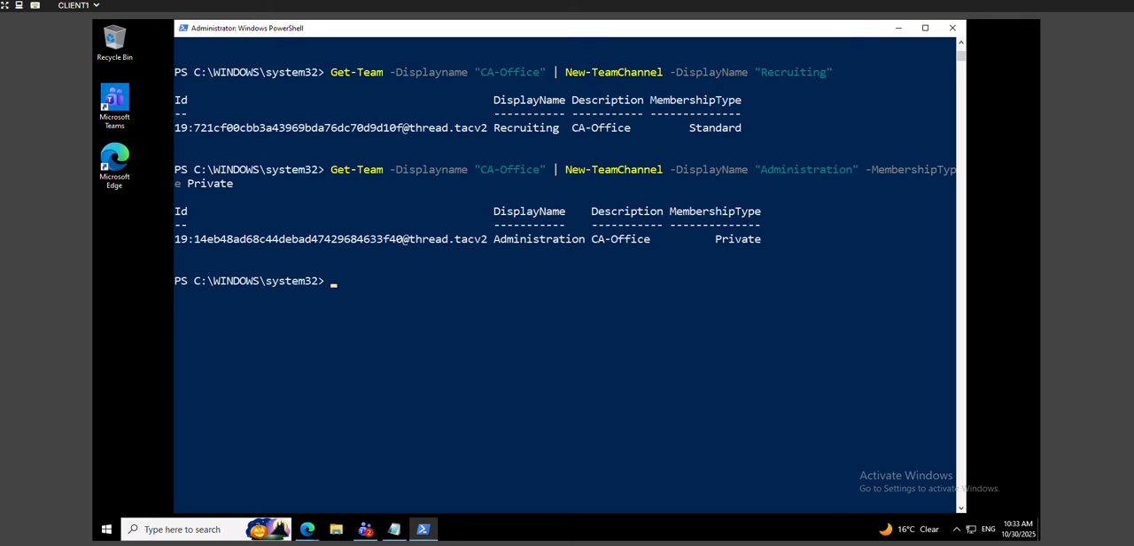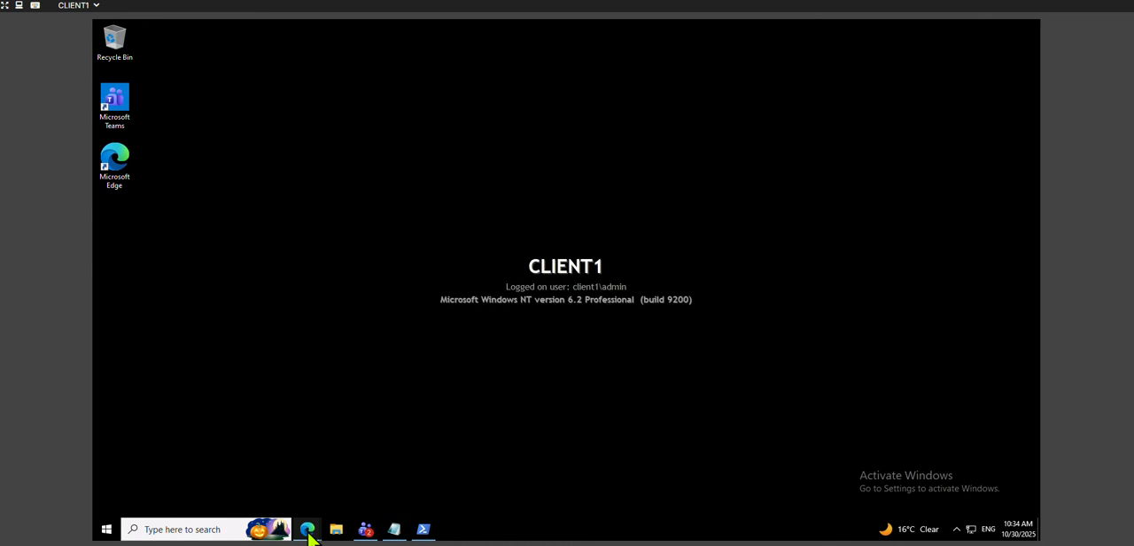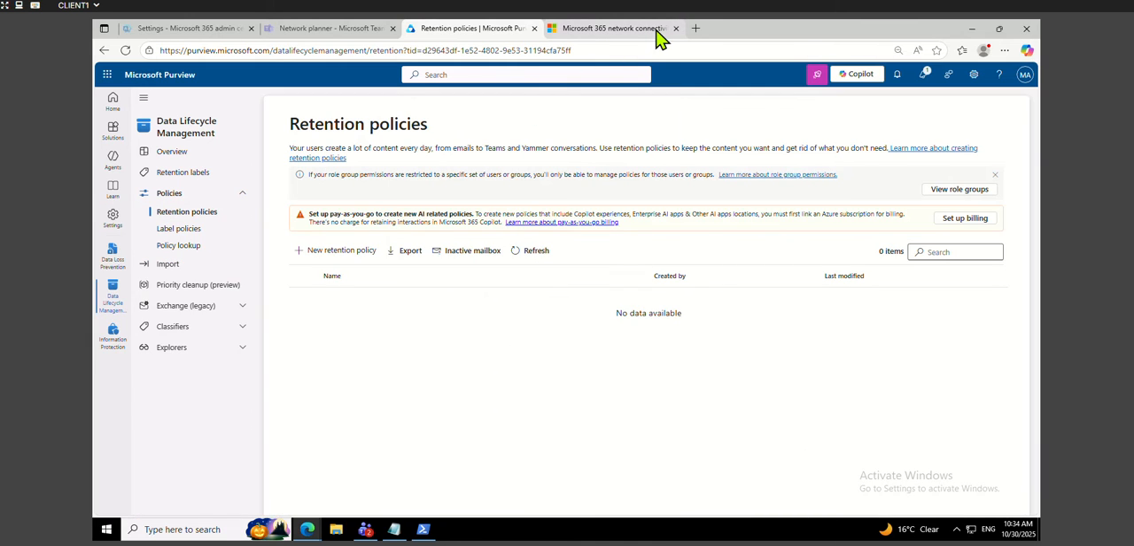And finally, when we are done adding users to the team and creating channels, we can disconnect Microsoft Teams. Okay, so that's how you work with the Teams commands. Now let's create a team by using the Graph API. Okay, so let's proceed towards